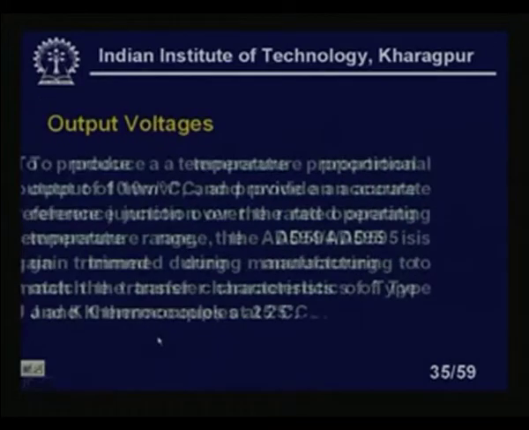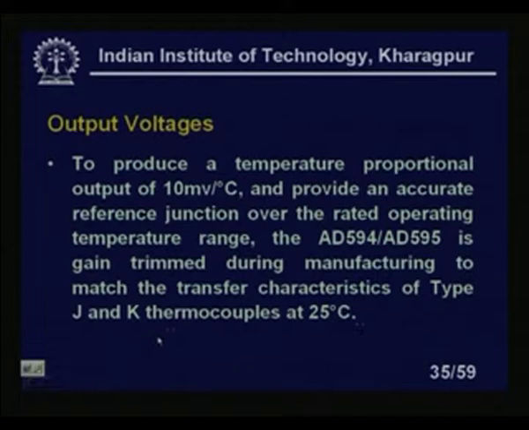Output voltages to produce a temperature proportional output. You see the further advantage of this one, that I am getting an amplification of 10 millivolt per degree centigrade. It is quite high. Usually you know that this thermoelectric power means the sensitivity to thermal is quite low. It varies typically from 60 microvolt per degree centigrade to 12 microvolt per degree centigrade. In the case of chromel constantan, it is coming around 60 microvolt per degree centigrade, whereas in the case of